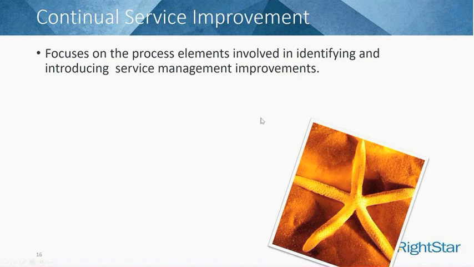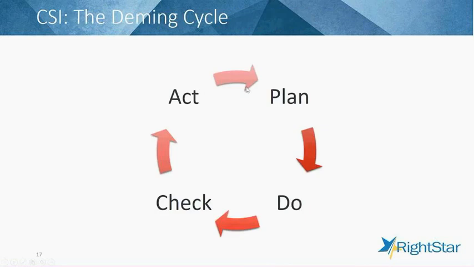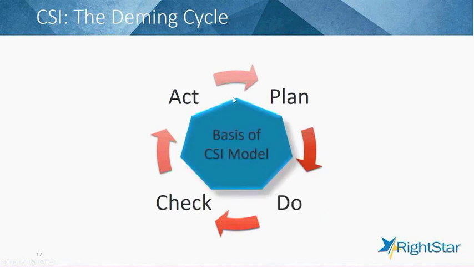So I'm going back to ITIL here for this concept of continual service improvement. It's the fifth phase of the service lifecycle, focused on identifying and introducing improvements. The Deming Cycle is really the core or the basis of the continual service improvement model. The Deming Cycle is simply this: plan, do, check, act. It was named for the gentleman who came up with this idea. Very simple, but